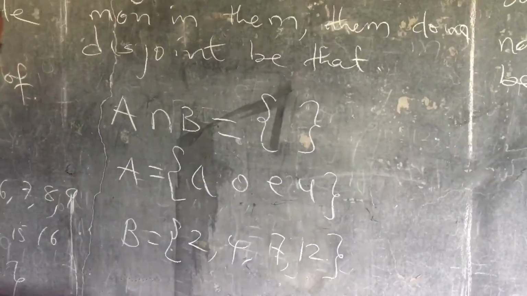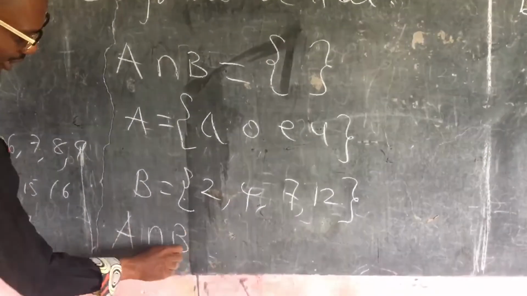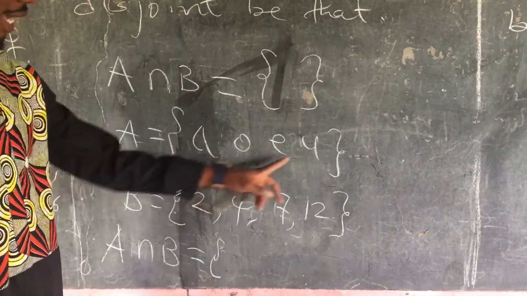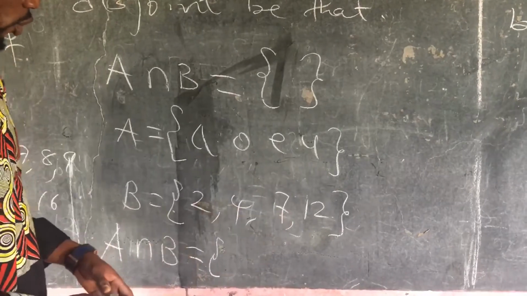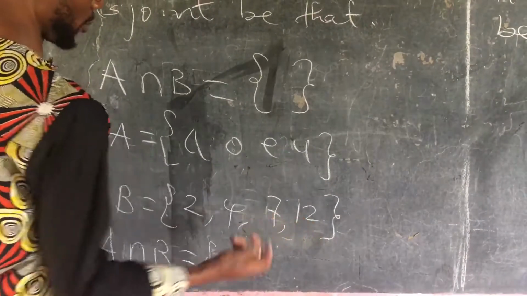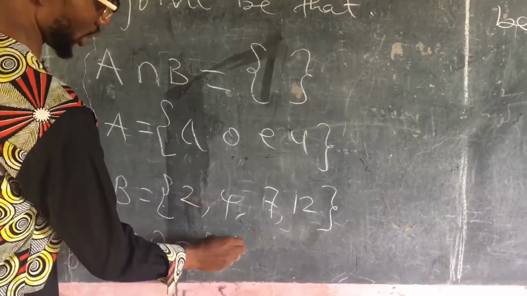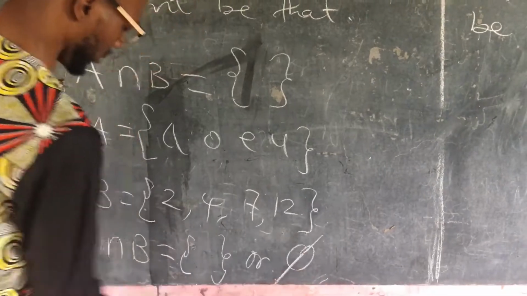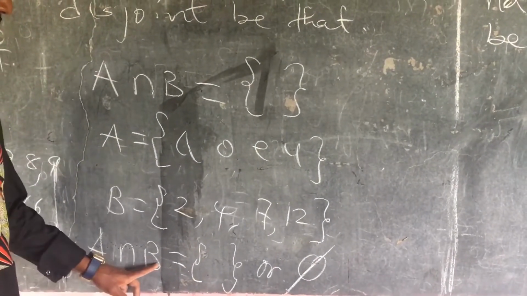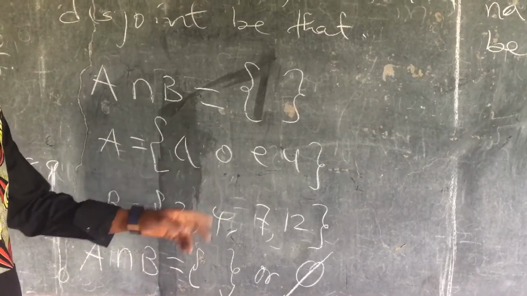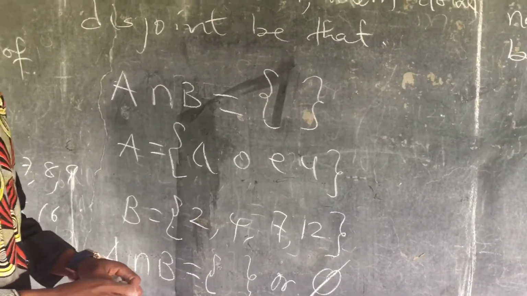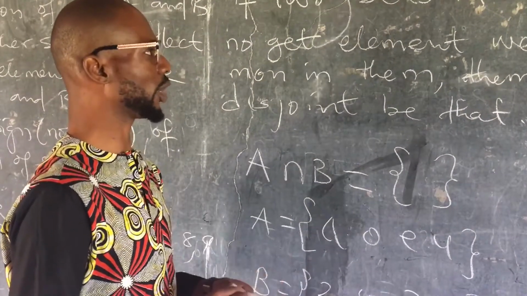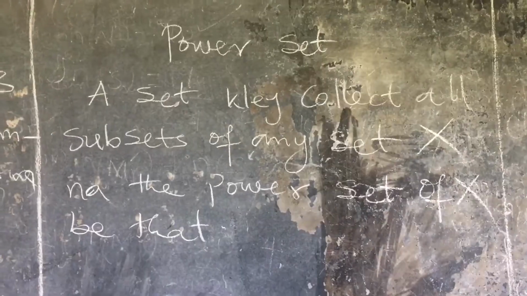Example, now, if I collect A intersect B like this, so I dey look for elements where they here and still appear here. So now, all these ones where they here are numbers, and these ones are alphabet. It means that they don't get any elements in common. So this one now empty set. So if A intersection B like this give us empty set, just like these 2, then we will say the sets they disjoint. Nothing concern the 2 sets. Any set they on its own. Now wetin disjoint mean? We'll talk about power set.